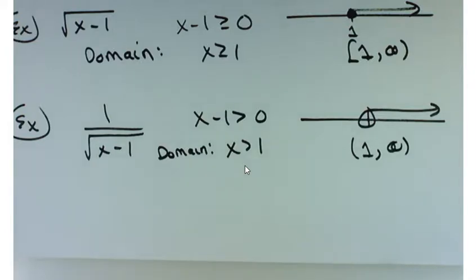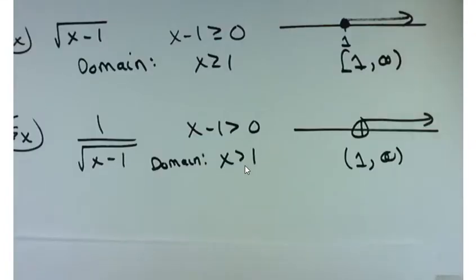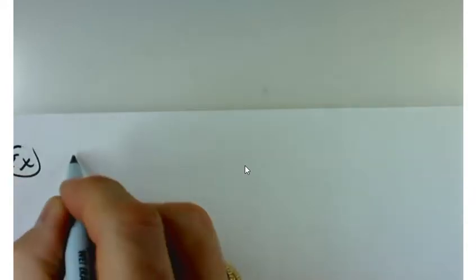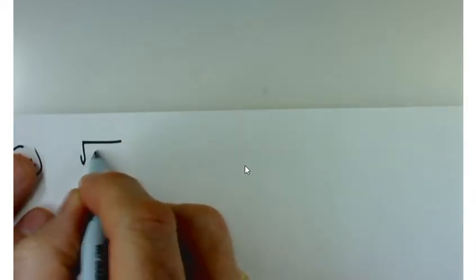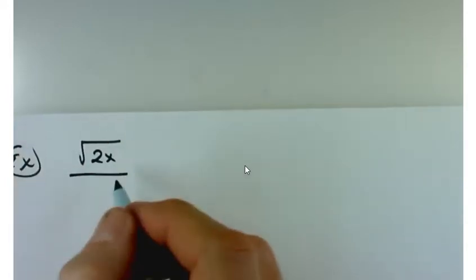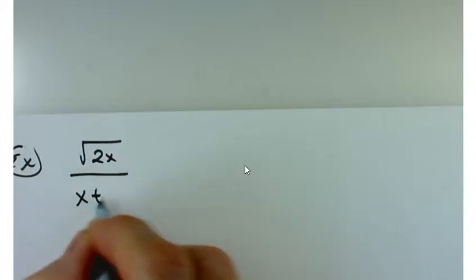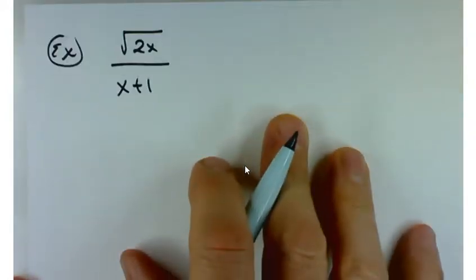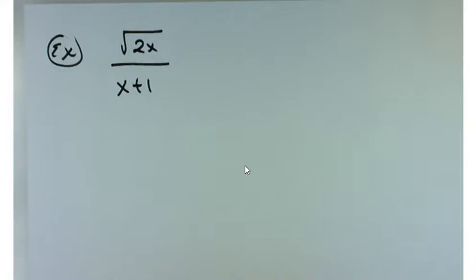Let me let you try one, and as you try one, I'm going to walk around and start learning some names. So let's go with this one. Square root of 2x over x plus 1. So a couple concerns with this one, and you have to consider both of them as you work this problem. And as I walk around,